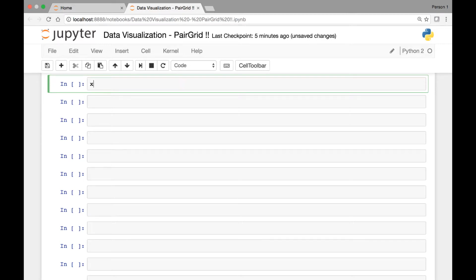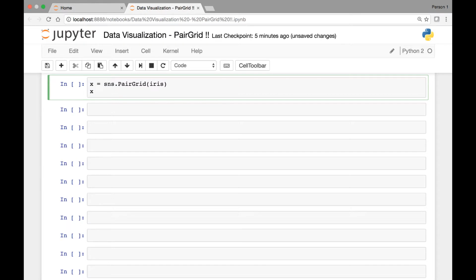Okay, so as usual, we start by calling the PairGrid function, and then we'll pass the iris dataset. Next, let's call the diagonal function, x.mapDiag, and let's use a different plot for our diagonal. Let's use a histogram. So plt.hist,